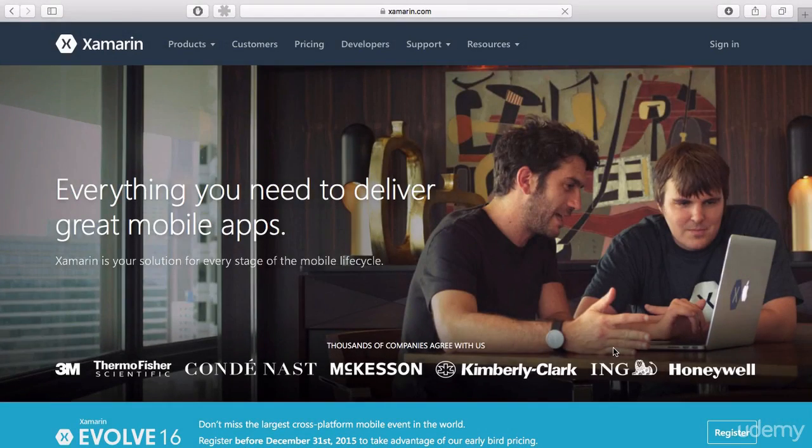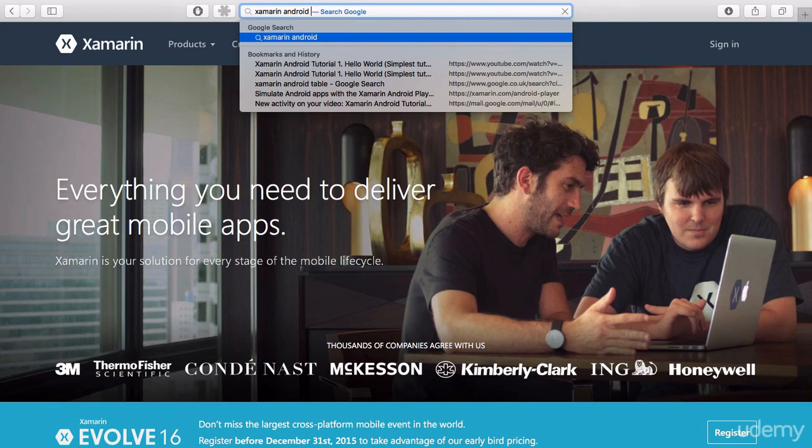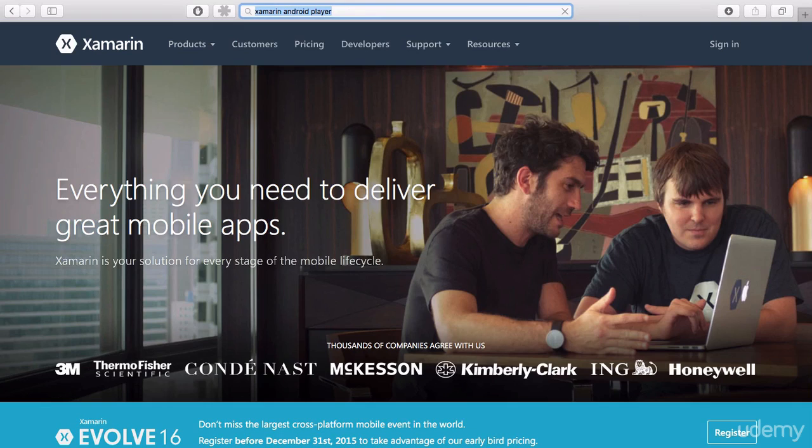Now, there are a few options for your Android simulator. The first one is the standard option, which is the normal Google simulator, which is slow as heck. Don't download this because it is hellish to work with. Your option 2 are various third-party services that work pretty well. Your third option is to use Xamarin's own Android player, because they identified that Android was so sluggish, they had to make their own. So search for Xamarin Android player,